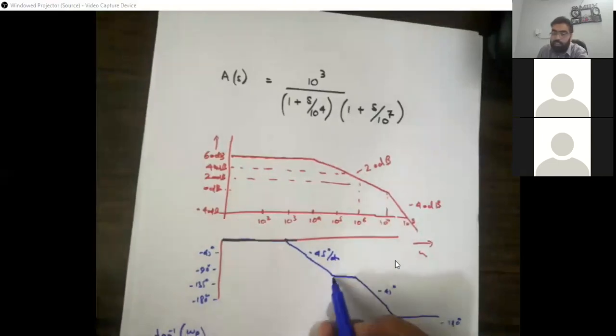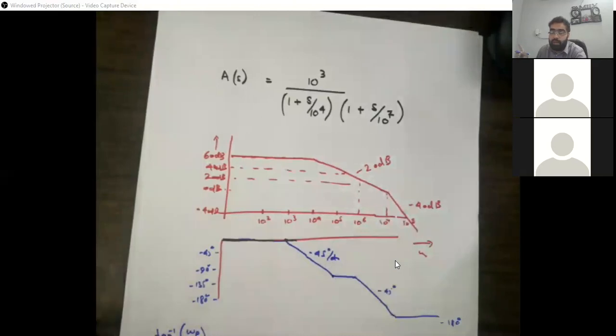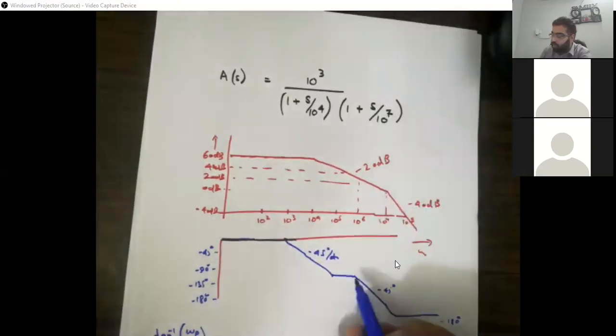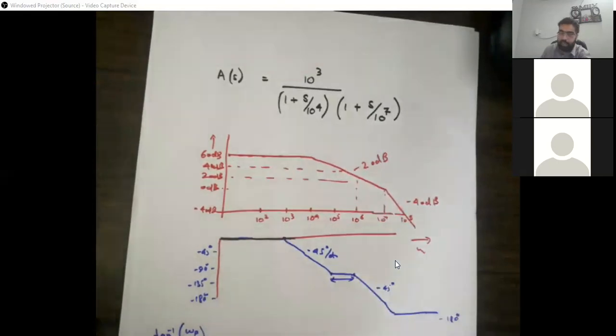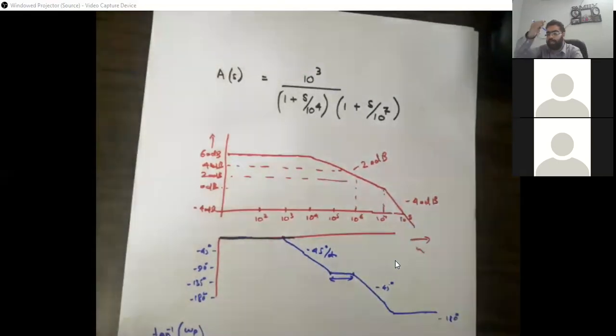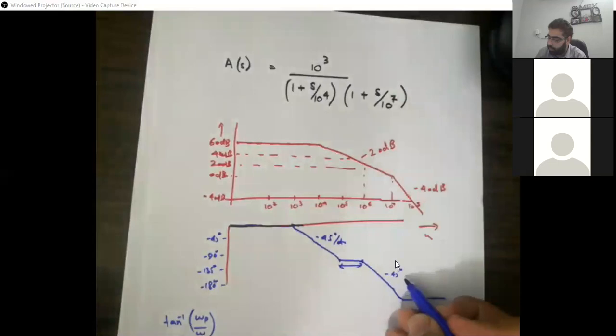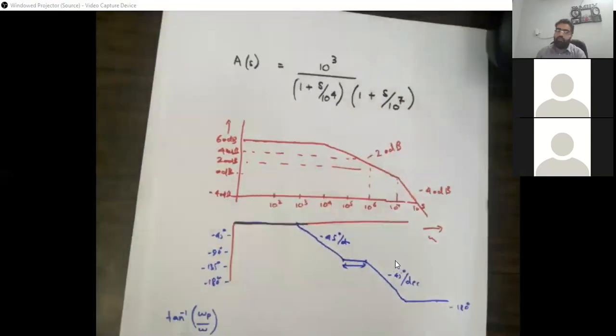So that's why when I reach this point, there is no pole. The next pole is at 10 raised to the power 7. 10 raised to the power 7 means its effect will start happening at 10 raised to the power 6. So I safely can stay from 10 raised to the power 5 till 10 raised to the power 7 at minus 90 degree. ठीक है? Okay, sir. Thank you. और ये भी जो ये minus 180 degree है last one. So similarly, after 10 to the power 6, I will start with the minus 45 degree per decade. तो ये तो हो गया first question.